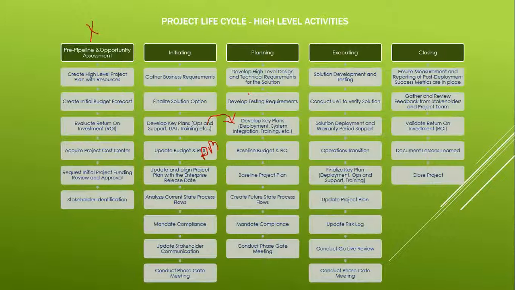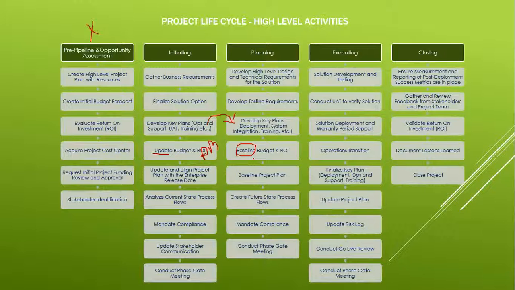Now again, based on the clarity you have, the project manager will do the ROI and the budget. So now you have a baseline budget, because now you have the design and everything, so people have more precise information than what you had over here. Here you just update it, but here you baseline. That means no more updates. This is your first baseline, first milestone. So deviation will cost, and getting a deviation approved will be much more difficult.